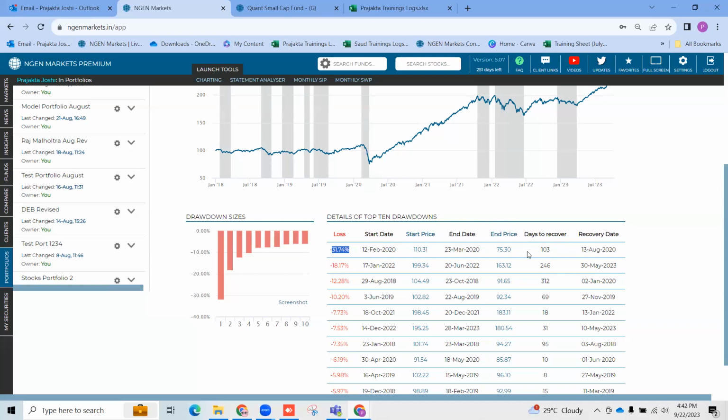Right? And after reporting this loss over just a 1 month period, the portfolio took 103 working days to recover this loss in entirety. So that means it reached back to this level of 110. And when did that happen? That happened exactly after 103 working days, after 23rd of March 2020. Mind you, working days. That comes to 13th of August 2020, and that is exactly the date when the portfolio recovered its entire loss of 31%